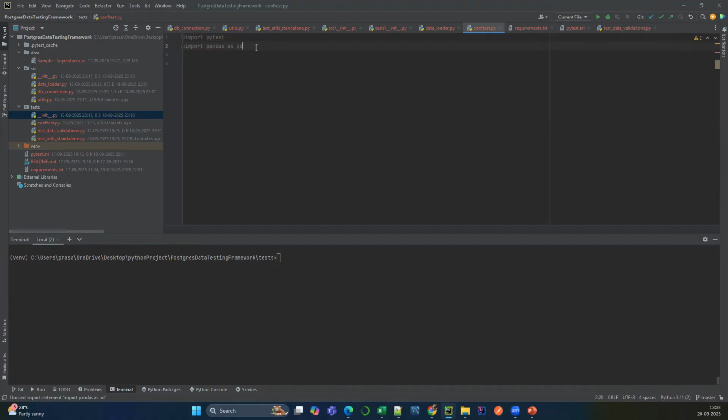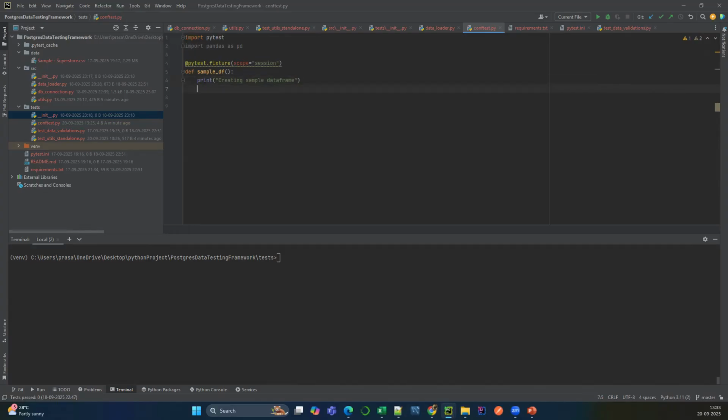Okay. And then I will keep this as pytest.fixture, and we will keep the scope equal to session. ओके। और जैसे एक नॉर्मल मेथड बनाते हैं वैसे ही हम लोग ये मेथड बनाएंगे इसमें। Just we have given this method as a fixture, we have identified this method as a fixture. ठीक है। Now we will create a sample df. I'll just print something also so that whenever we run this, you will see that create sample data frame।